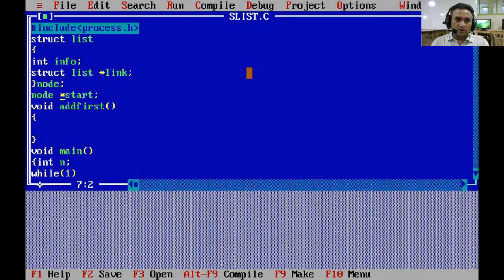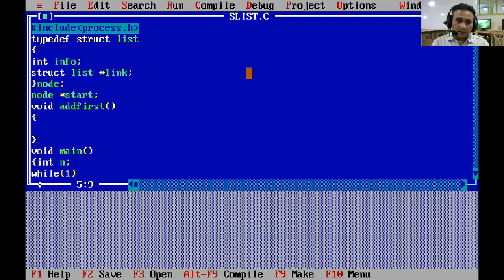But here node is not a predefined keyword or any data type, so we want to create a user defined data type. So we have to write typedef keyword before the declaration of struct, before the declaration of node.